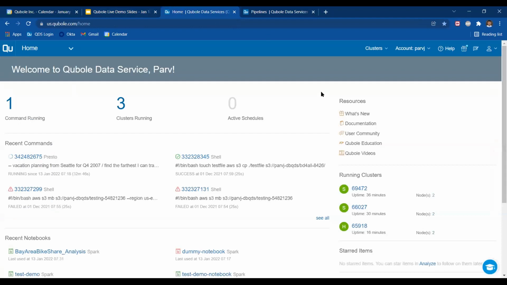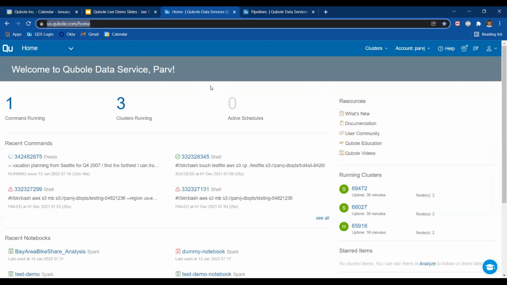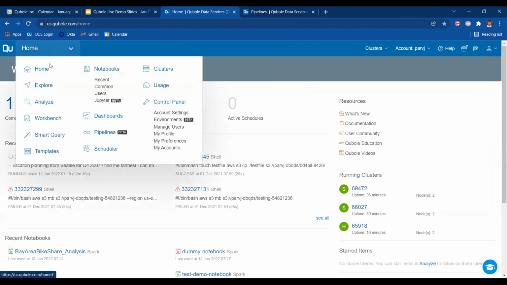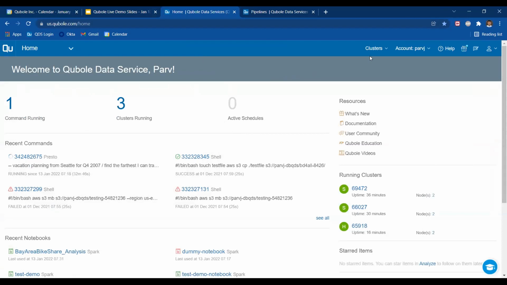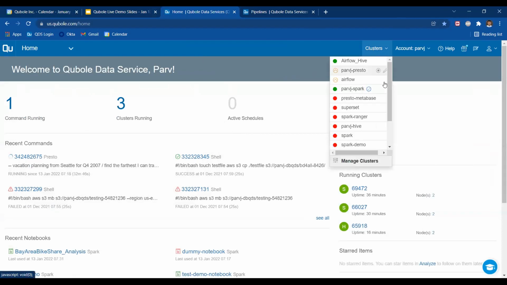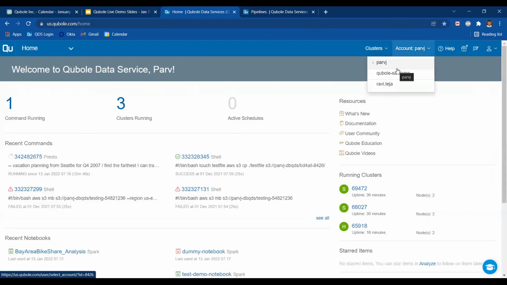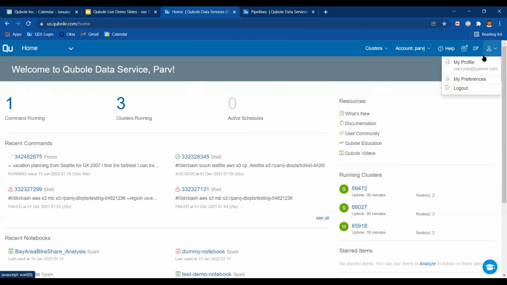So this is the landing page that we see when we log into the Qubole platform. I'm using us.qubole.com right now. On the left, we can see all the different tools provided by Qubole. And on the top right, we can see different clusters that we have and different accounts. So basically, we can have different accounts for dev, test, and prod over here. And then if I go to my profile from the top right,